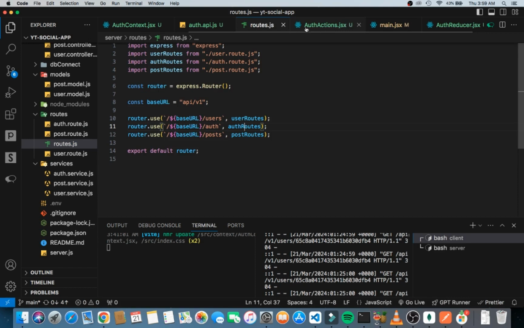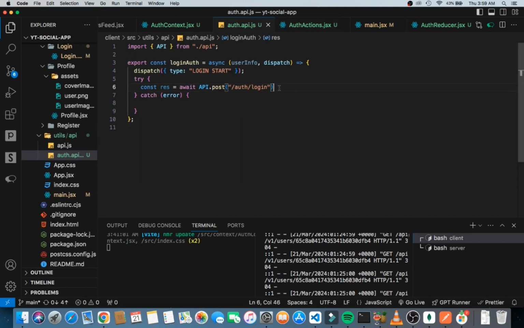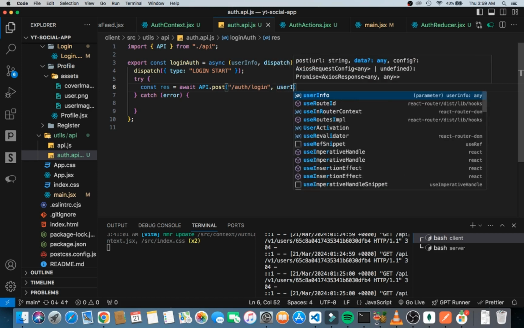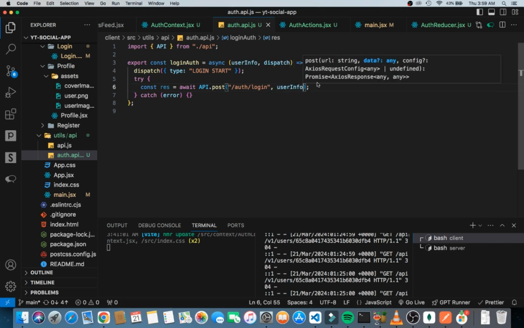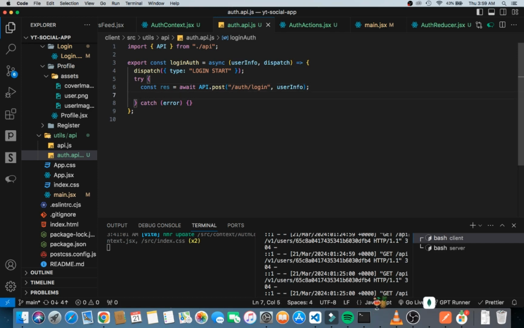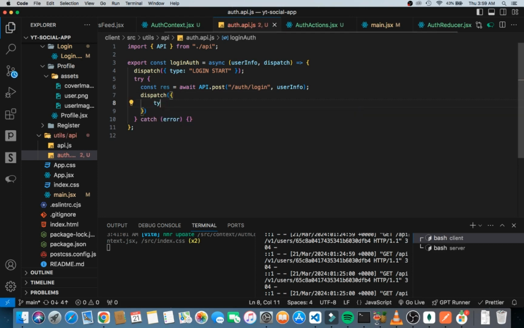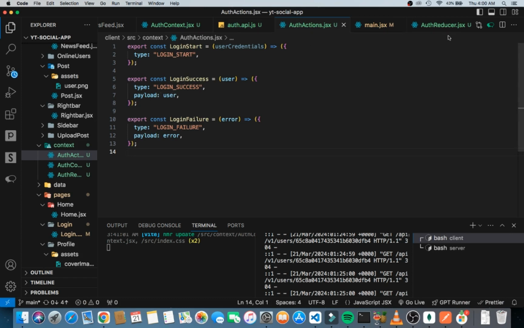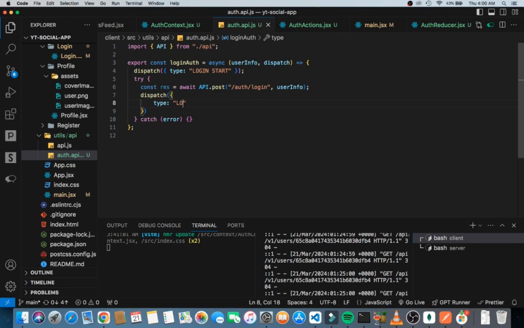So I'm going to close this and close this. Then we are going to quickly pass in the user info. Then right after we do that, we want to check if it's done, right? Because if there's an error, we will catch it and log it out or do whatever we'll do with the error down here. Everything that happens here is successful, right? So I'm just going to come and dispatch again. So now it's going to be login success, right? So I can give it a type of what? I can give it a type of login success, just like how we did in our actions, right? Then we send this user. Okay, so login success,